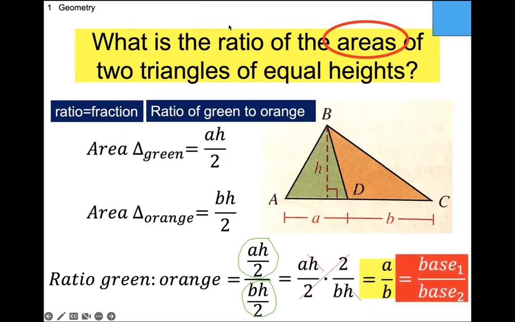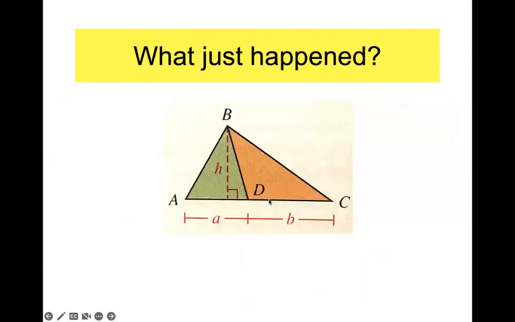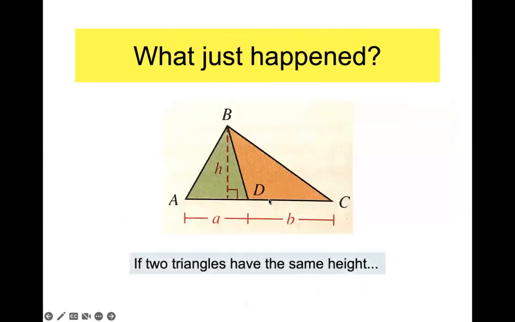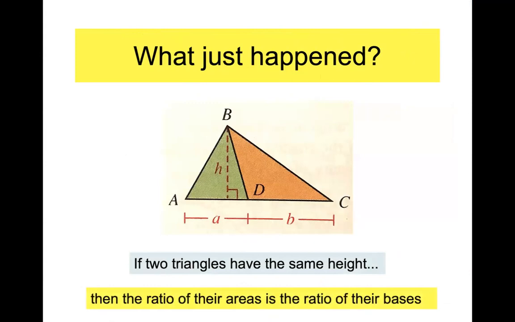of the triangle. So let's see how we started this off. We started off by creating a ratio of the areas of the two triangles. And after we did a whole bunch of arranging and canceling, we wound up with the ratio of the bases. So what just happened? I asked you to create the ratio of the areas of two triangles that had the same height. And you found out that that was actually the ratio of the two bases. All right. And that's what just happened. So if two triangles have the same height, well, then the ratio of their areas is equal to the ratio of their bases. All right, we will write this down, just not right now, because we're going to do another